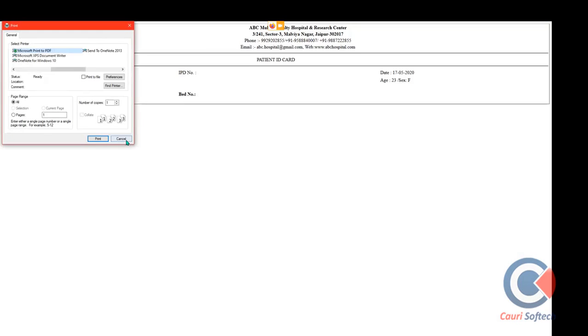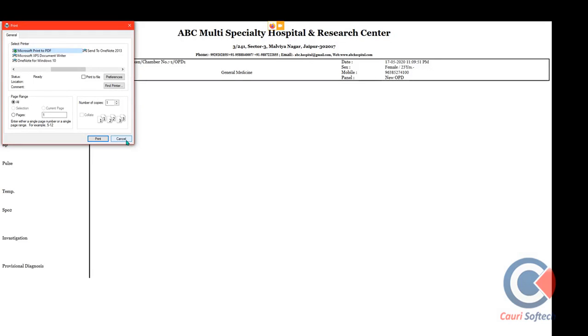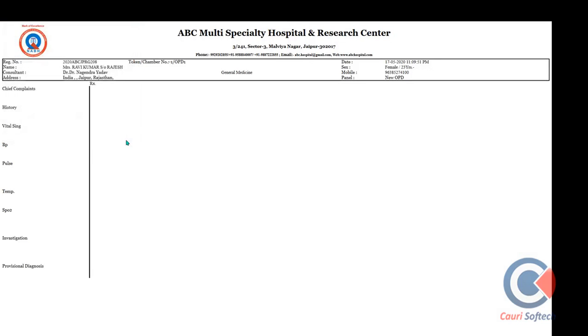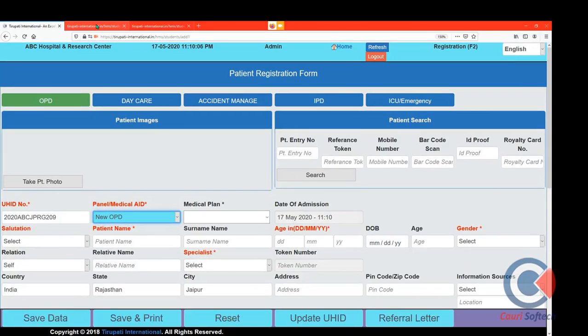The case receipt, as well as the patient ID card and the prescription, are printed simultaneously once we click on print at the reception desk. This is the prescription pad where the patient's treatment will be written by the doctor on the screen. Another one is the patient ID card. If we are taking a patient file, this sticker will be printed, a 40 by 80 size visiting-card size sticker, that can be placed on the patient's file.